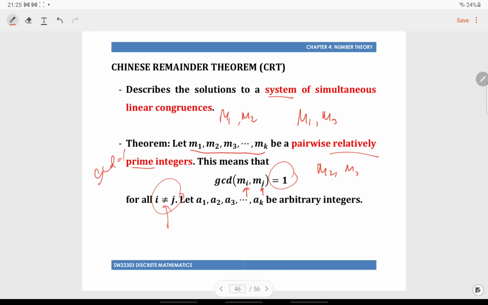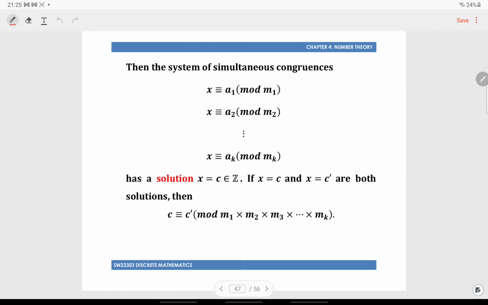Okay, so if all these numbers are pairwise relatively prime, we have other numbers denoted by A1 up to Ak, which can be any integer. There is no condition for these integers. For the M, the condition is that they must be pairwise relatively prime. Then the system of simultaneous congruences, okay, this is the system: x congruent to A1 mod M1, x congruent to A2 mod M2, up to x congruent to Ak mod Mk